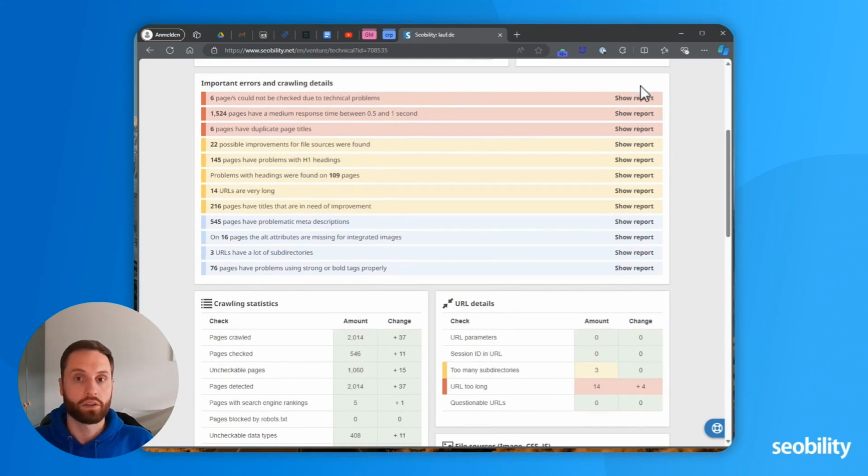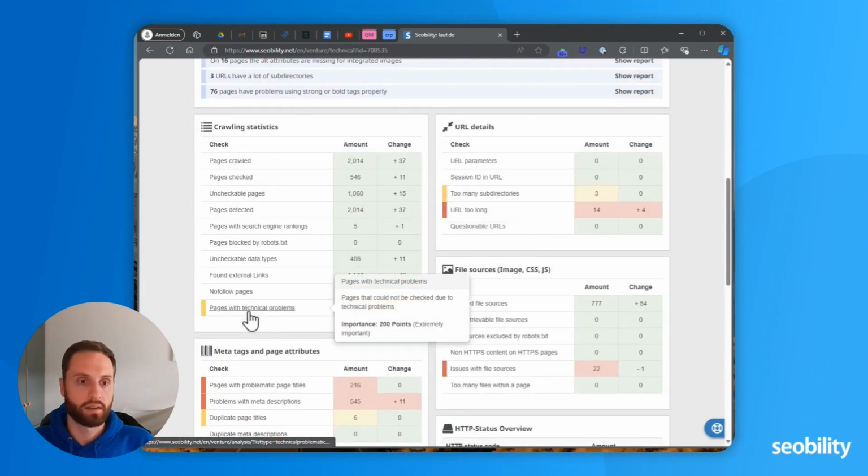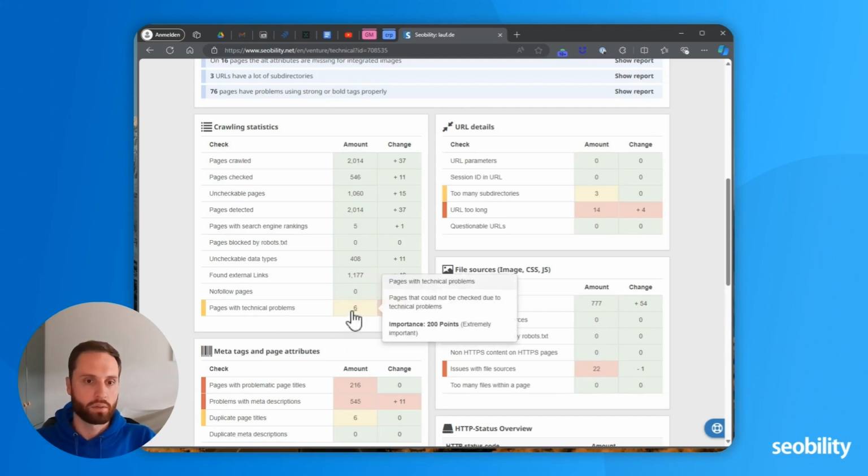We will now look right into one of the analysis, and I will show you how it actually works. Again, you could now click either here on Show Report, or take this analysis down here, which is pages with technical problems, and click it here. You would, in both cases, land at the same page with reported URLs with technical problems. One more information. You see the amount of issues here. You see how it changed in comparison to the last crawling. And so in this case, the technical problems increased.